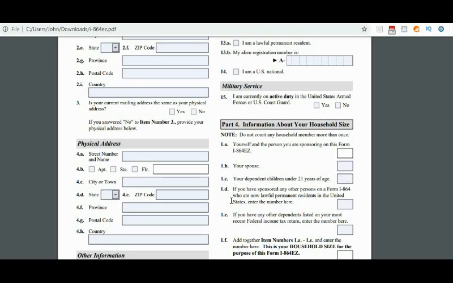Okay, and if you have sponsored any other person on Form I-864 who is now a lawful permanent resident, meaning that they have the green card here in the United States of America, you're going to put a number here. If it is one person only, put one here. If there are two people, you just put two here. Okay,